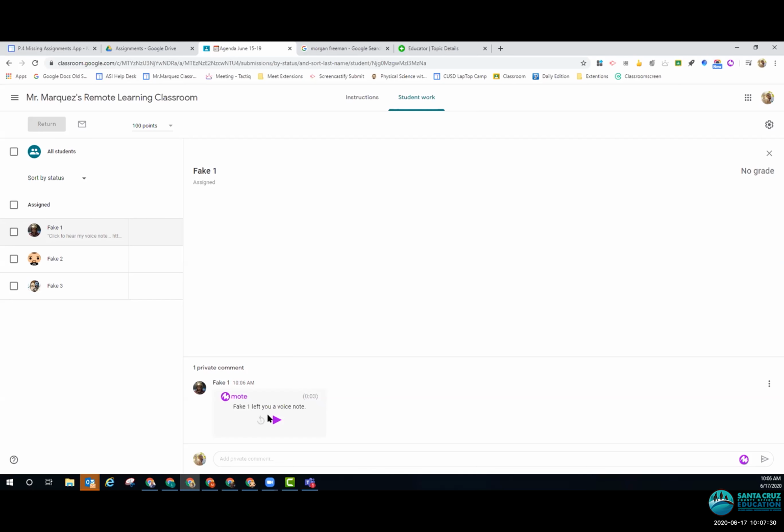So they don't necessarily need the extension, but if you want them to be able to hear the note right on Google Classroom or right on their G Suite tool, they are going to have to utilize the extension, which any IT director or any admin manager for Google G Suite can automatically have pushed out to any student, so they don't have to install it themselves. It can automatically be pushed.